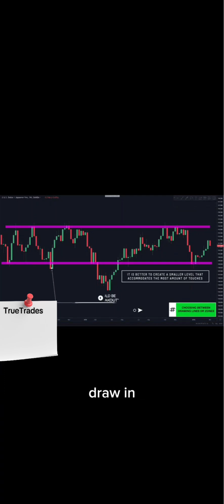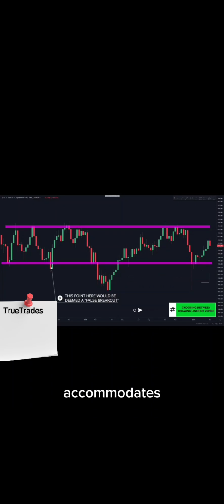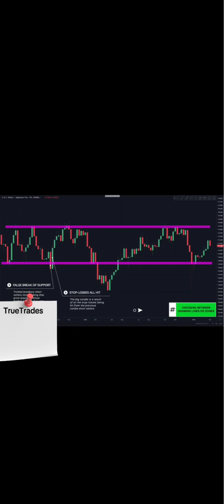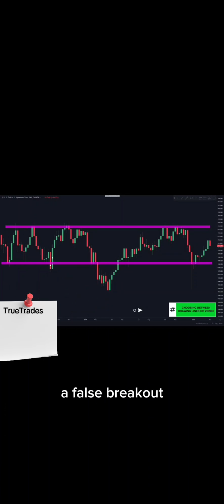And then this point here will be deemed a false breakout. We will dive deeper into false breakouts in another video, but the name is self-explanatory because you see this big momentum candle that breaks through support and assume that it will continue lower, but it ends up reversing drastically and faking out all the short sellers. Hence why you see such a big candle that followed the breakout candle. Now, we use time frame confluence to get around false breakouts, but that is something we will discuss in another video. And finally, at the very bottom, you have your swing low, and we just draw in a line.